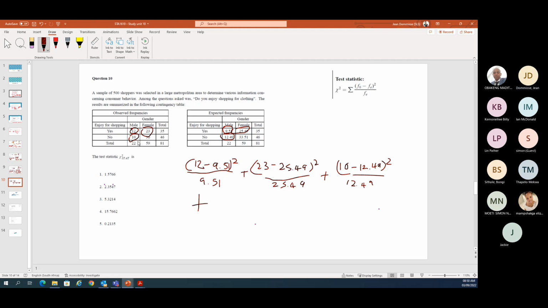The last one, I think that was now 36 minus. And that will give you an answer of,